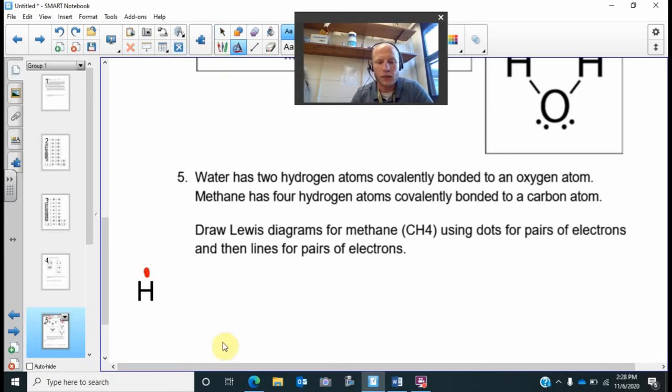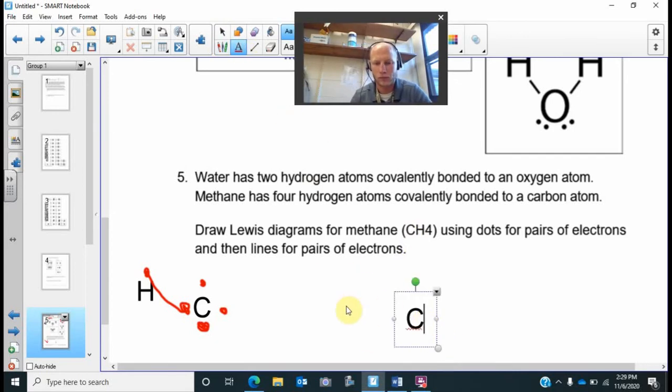So anyways, and then I get a carbon. And carbon has 4 valence electrons, and so remember I put 1 electron on each side first. 1, 2, 3, 4. I'm going to see that I need 4 hydrogens, and so this hydrogen will go here. If I had another hydrogen up here, it'd bond here, it'd bond here, and it'd bond here. And so what that's going to look like is